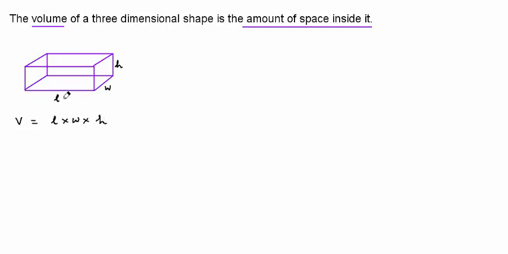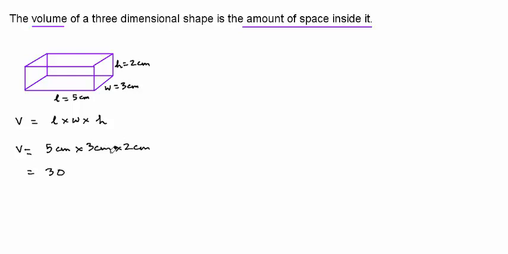So for a prism whose length is, let's say, 5 centimeters, width is 3 centimeters and height is 2 centimeters, the volume is given as 5 centimeters times 3 centimeters times 2 centimeters, which is equal to 5 times 3 is 15, 15 times 2 is 30,